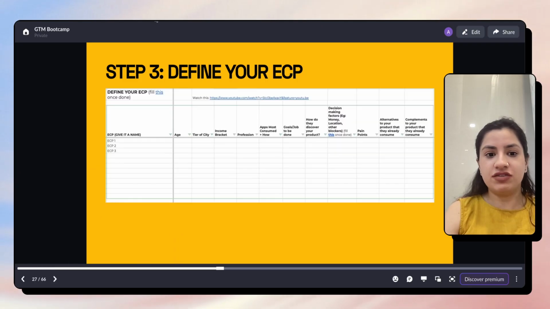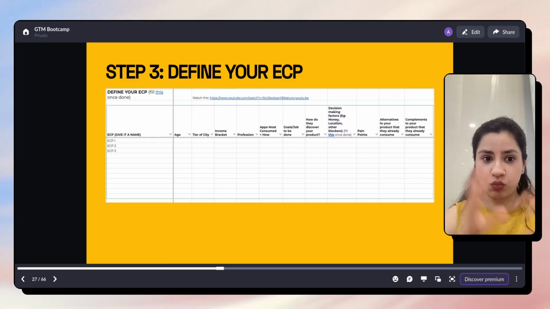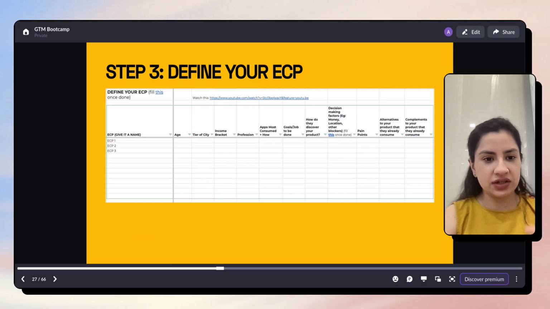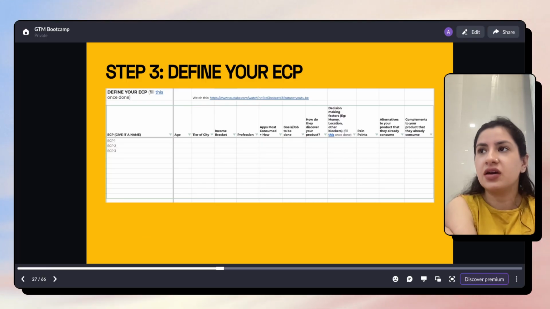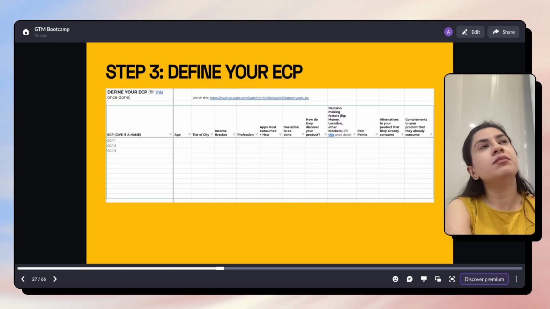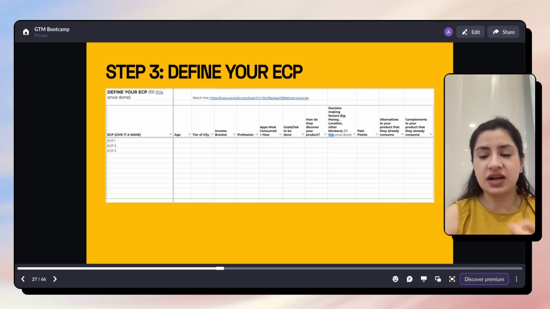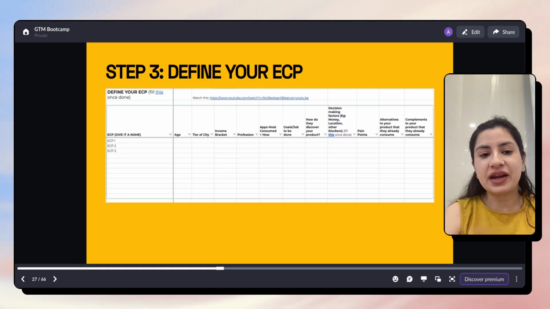Now, what you have to do in this is go back to your stakeholder analysis, which is step 1. And for step 1, identify the kind of categorizations and stakeholders you found out that you believe so far fit your ECP status. Ideally, 3 or 4 is great to start with, to start testing with. I've given you some examples of how to do that testing in part 3 of this workbook. And I want you to use that.